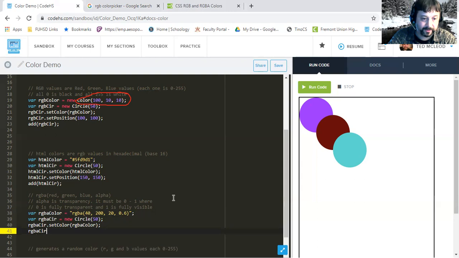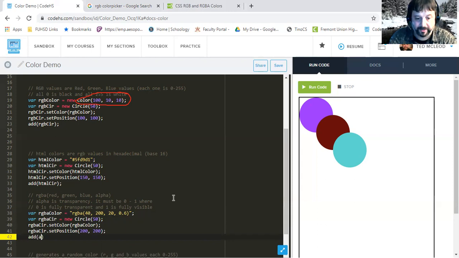And then we can say RGBA circle dot set position, and this one will be at 200, 200. And then that's it. Now we just say add RGBA circle. Okay, there we go. So if we were to run this now, you can see this circle is greenish, but